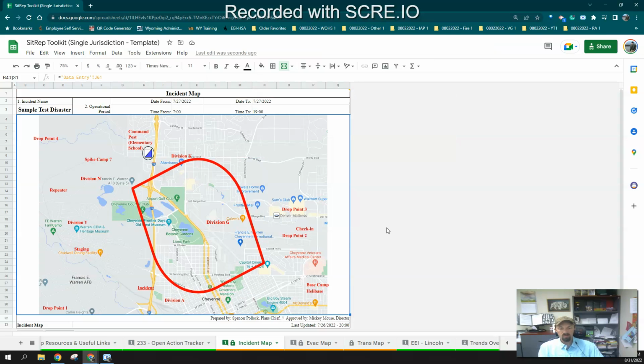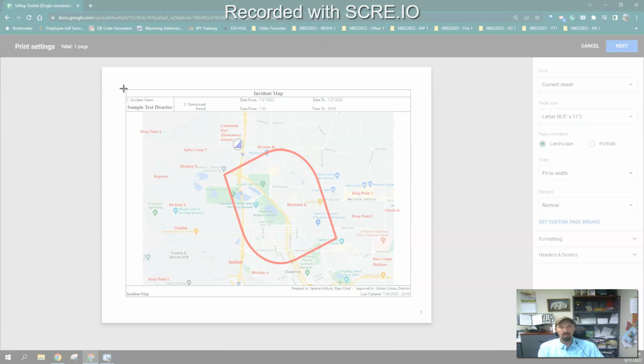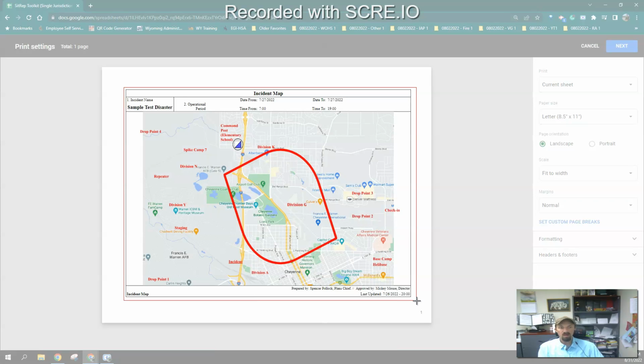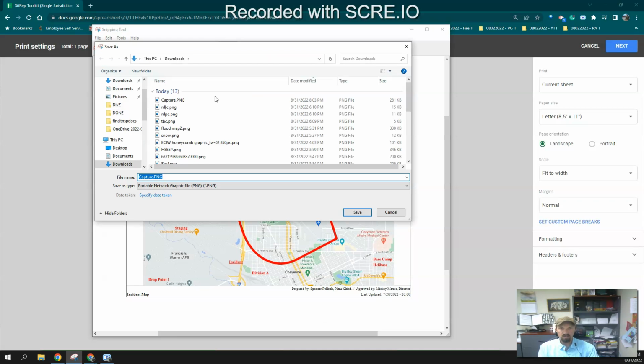Once we're done, we can go to print, and this is just our recommendation of how you would do this. You've got your map there, and again, come back to your snipping tool or screen capture or whatever it might be, and we're just going to save this. Get a good little shot of it there. File, save as, right? And we'll just say this is final